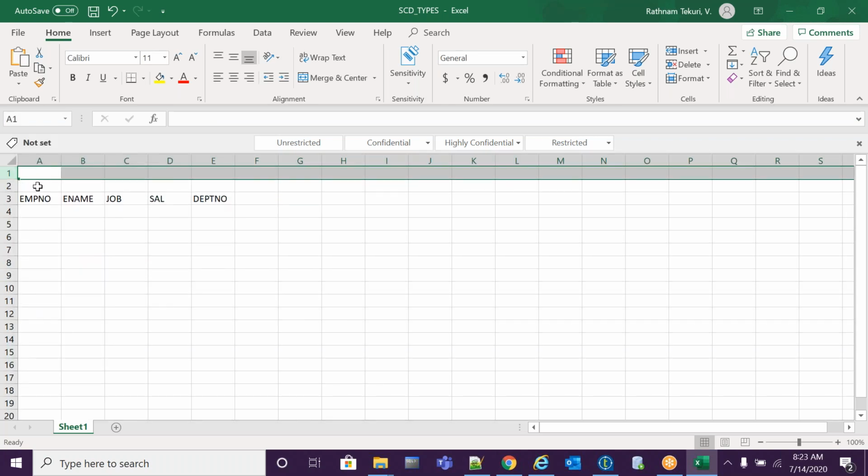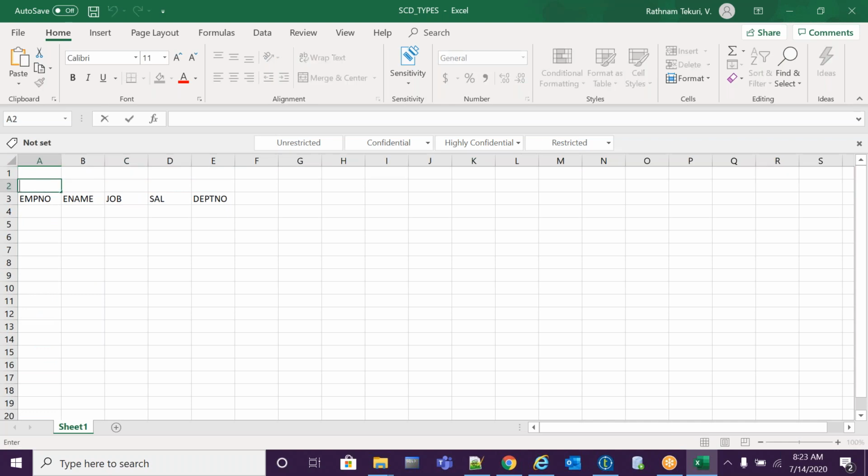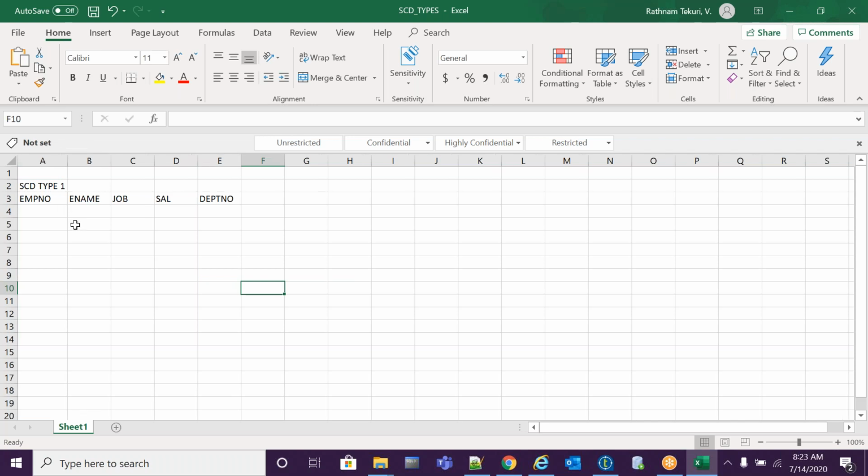SCD type 1. So I have employee number 101, name Venkat, job TL, salary 5,000, DEPT number 10.